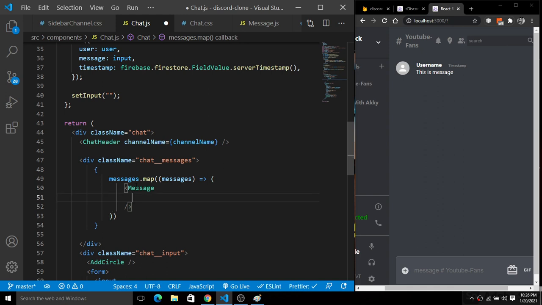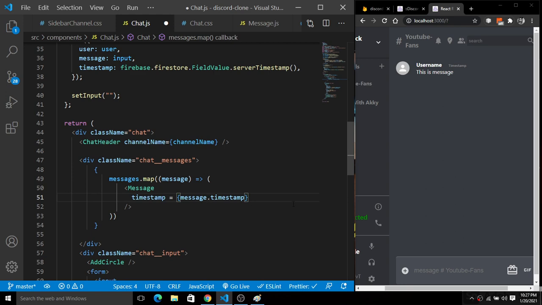So for the messages, we will have this timestamp first of all. For this timestamp we have this messages.map, and we have this message, not messages, as an object here.